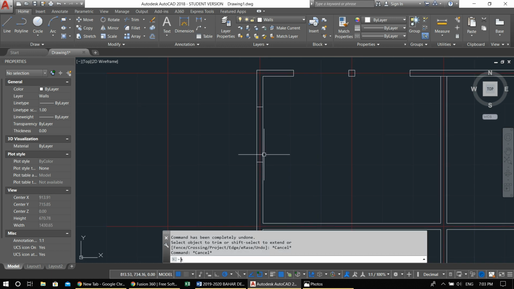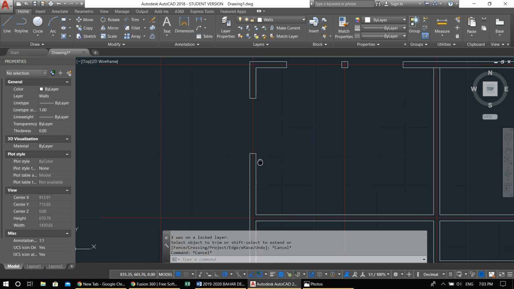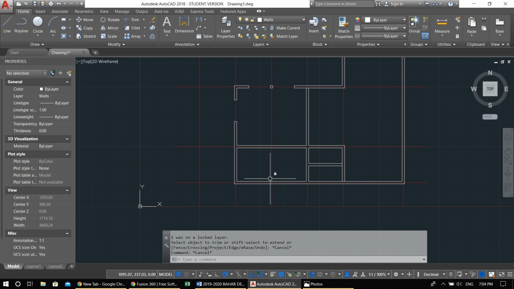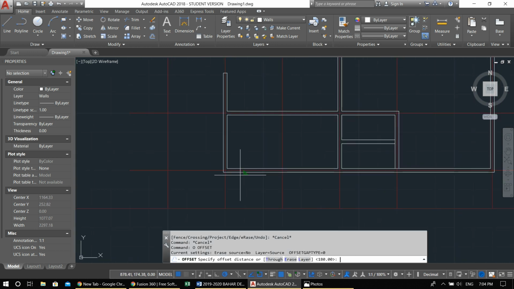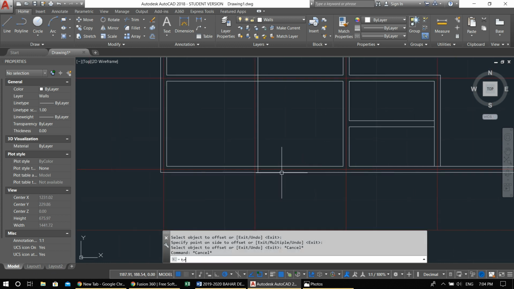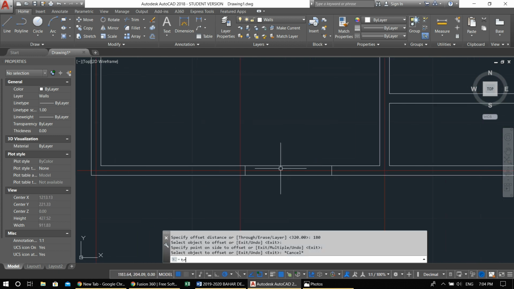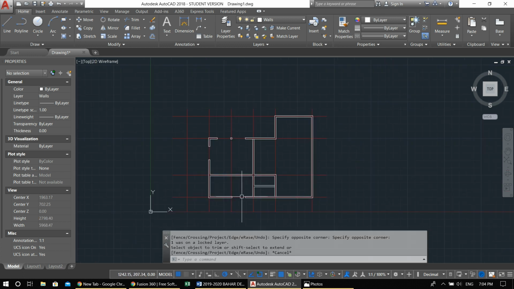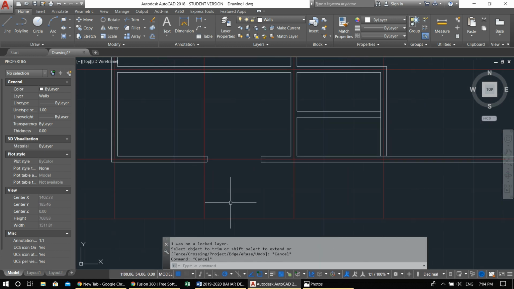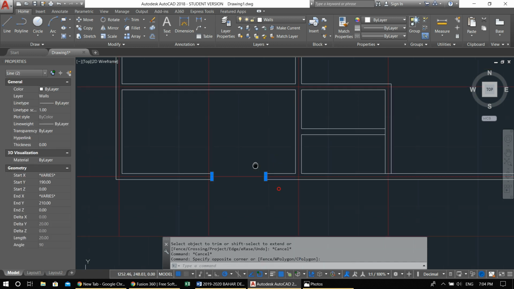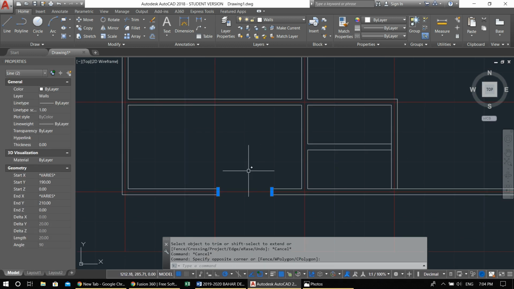Make sure that the entire line that you're trimming is in the screen. Offset 320, trim this line, offset 180, this line. Here, the next command, because these two windows are exactly in front of each other, I don't want